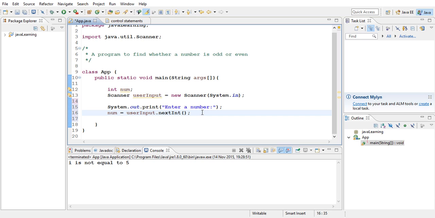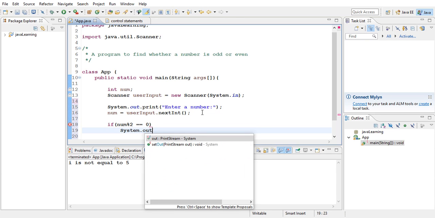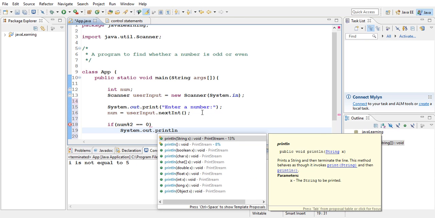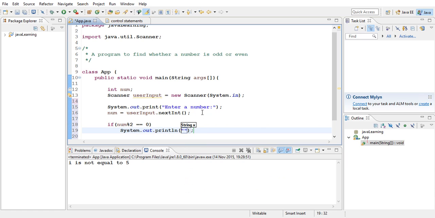So for this we will be using the modulus operator, and inside this if statement we will write if num modulus 2 is equal to 0, that is if it leaves no remainder while dividing num by 2, then it is an even number. So num plus "is even",